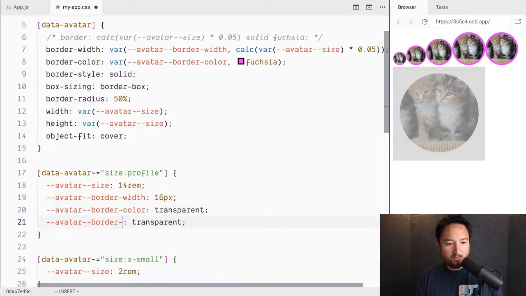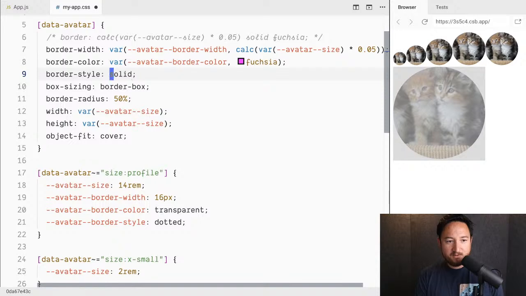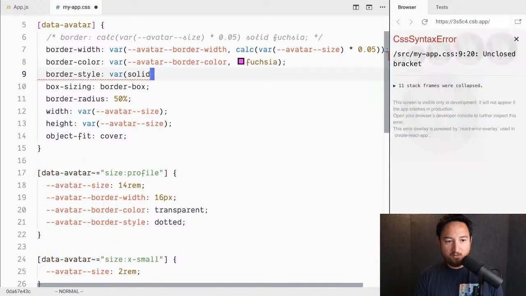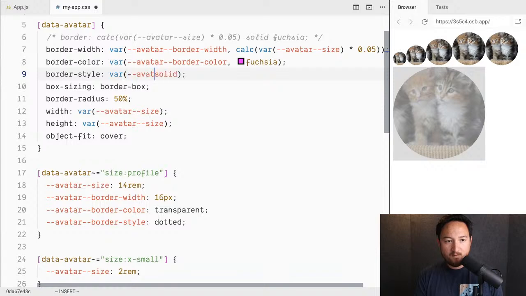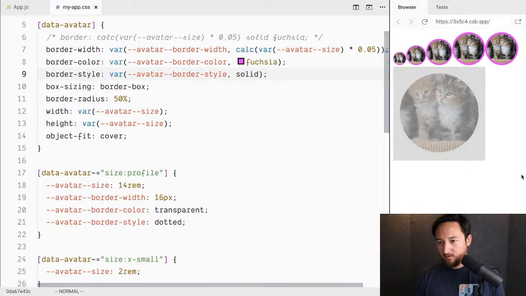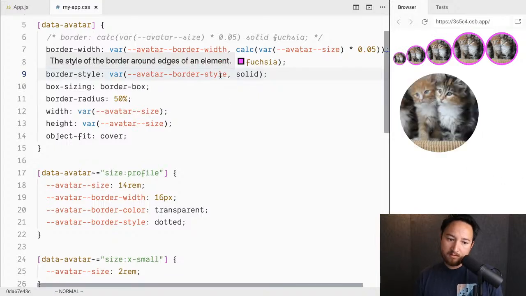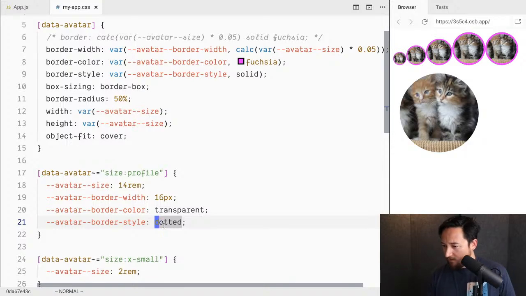We could change the border style to dotted. And once again, change this. Oops, usually I wrap those. So whatever the default is, I'm going to wrap that. Avatar border style. I guess that didn't work. Solid. Maybe I did it wrong. Cool. Border style. I feel like,